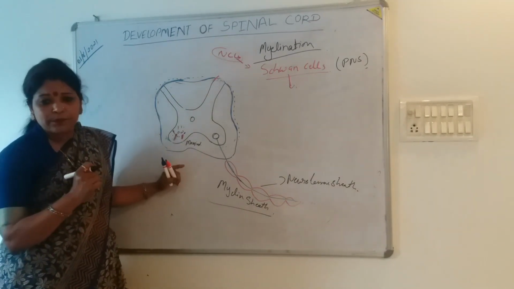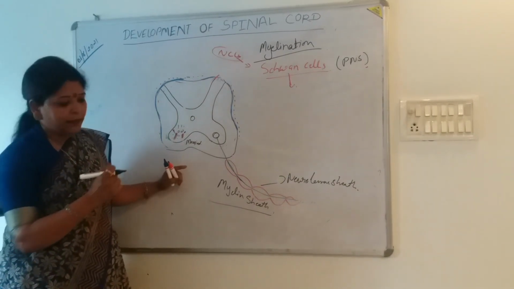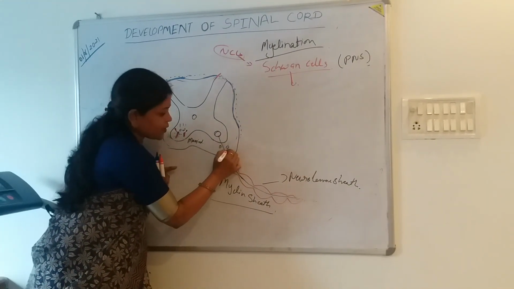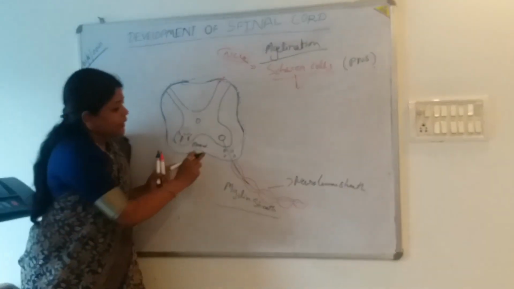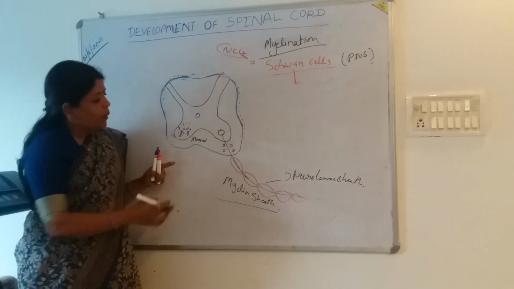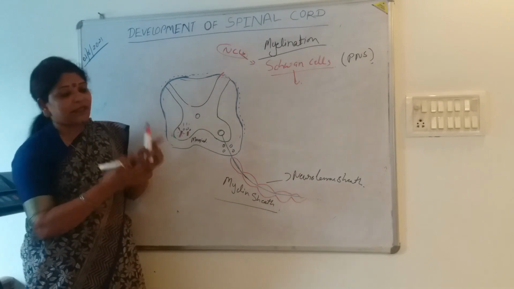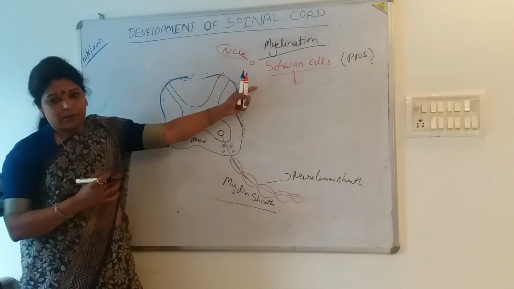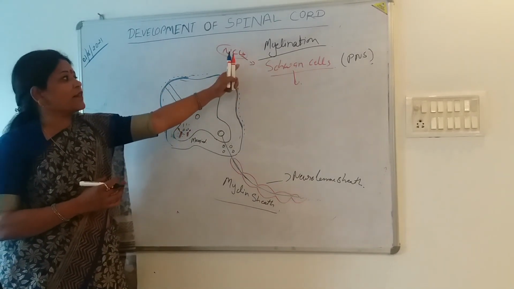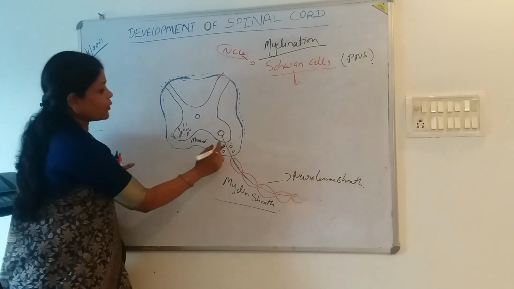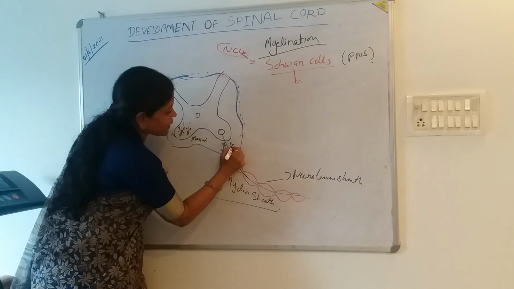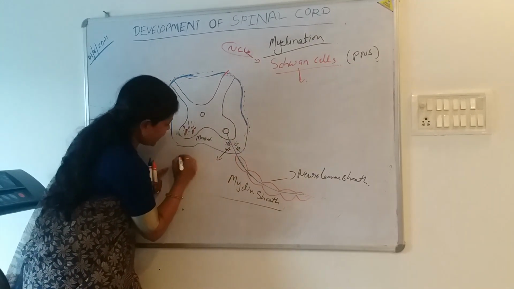Now another type, the oligodendroglial cells. Do you remember that? Where is it present? Just now we discussed that in the marginal layer, in the mantle layer for the neuron, there were astrocytes, but the oligodendroglial cells have the same function as the Schwann cell. The function is the same but the origin is different. The Schwann cell is derived from the neural crest cells, but look here, these are the oligodendroglial cells.